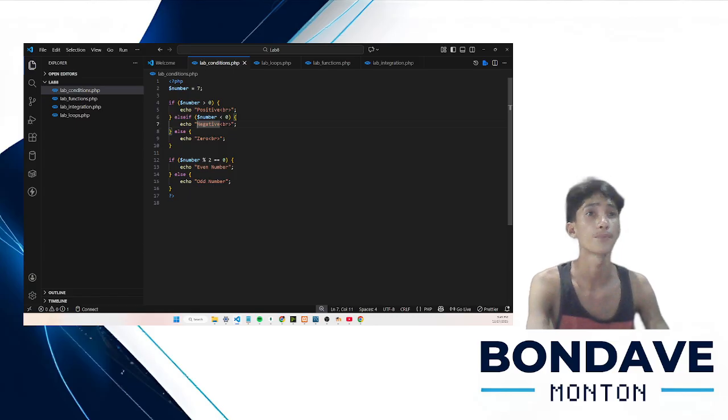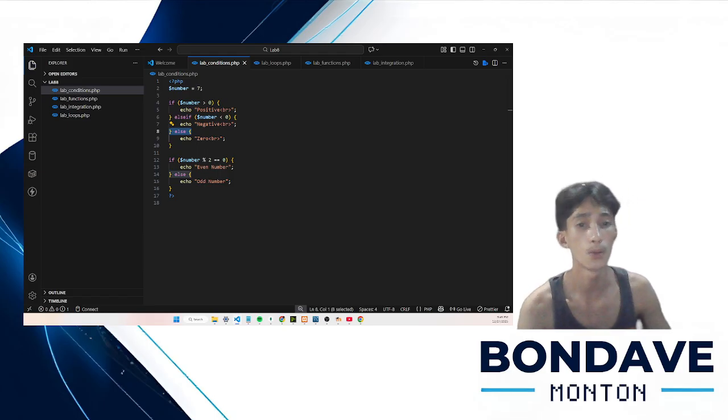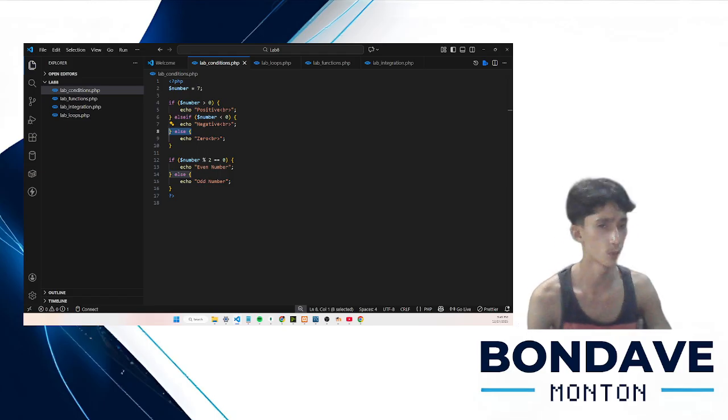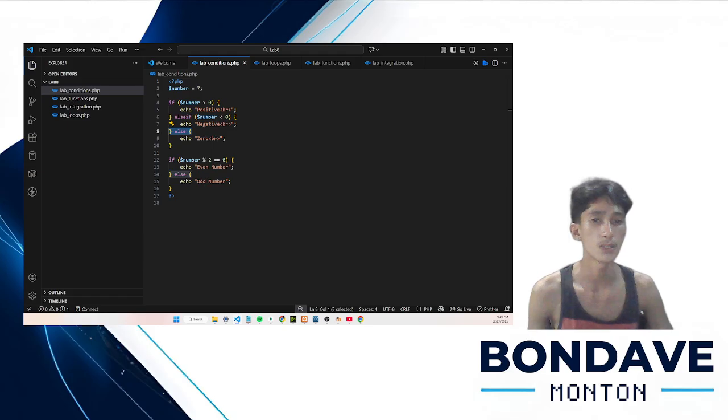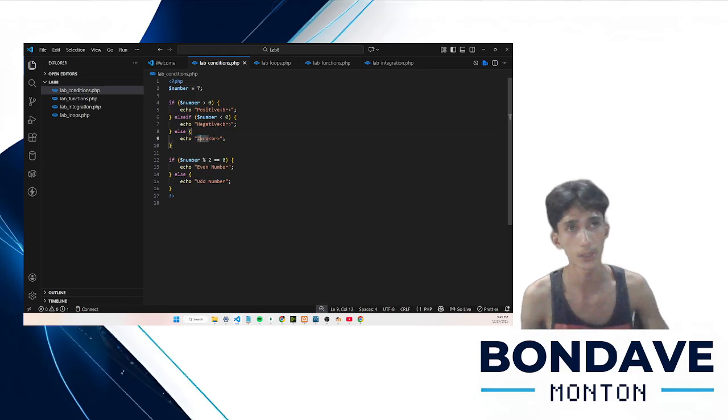Next we proceed to the else statement. If both conditions are false, then the number must be 0, and it prints 0 right here.